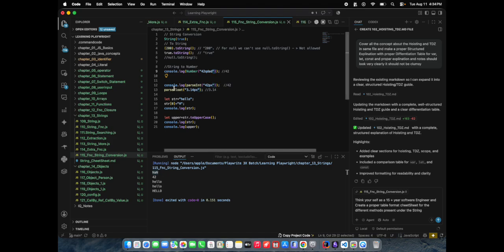And if you pass like this, parseInt, even though it has some characters, will convert to 42; it identifies only the number and converts it. And parseFloat works similar to this one, and it will convert to float if it is there.